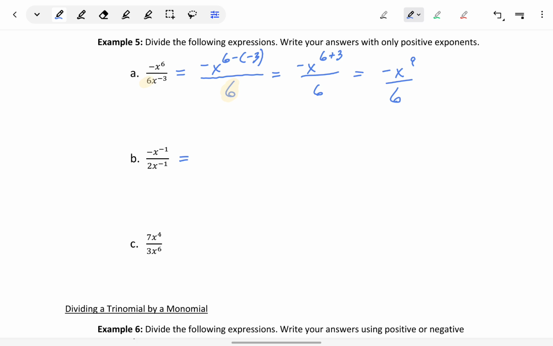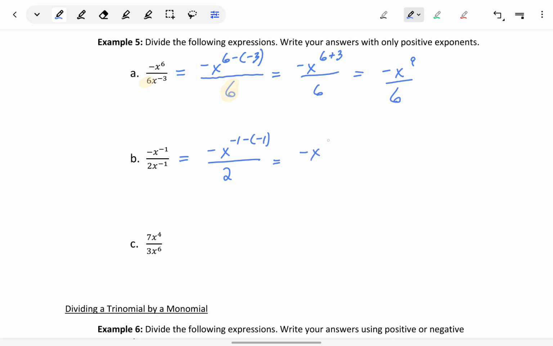In part B, we have a similar problem. We have a negative in the numerator, a 2 as a coefficient in the denominator, but all we're really doing is combining those exponents using that quotient rule, quotient property. So this will be negative x to the negative 1 minus negative 1 all over 2,